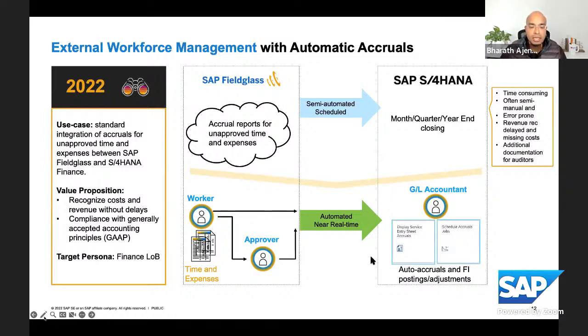But the major process improvement that was done is whenever a timesheet or expense sheet is submitted by an external worker, even before it gets approved, it gets sent to SAP S/4HANA Cloud. It gets picked up by the accruals engine, and an accrual posting is done. And when an actual approval or reject happens on SAP Fieldglass, at that point, the accrual will be backed out. Actual financial posting will be done. So again, this orchestration is also documented in our API Business Hub, but it's a really cool feature if you want to enable accruals